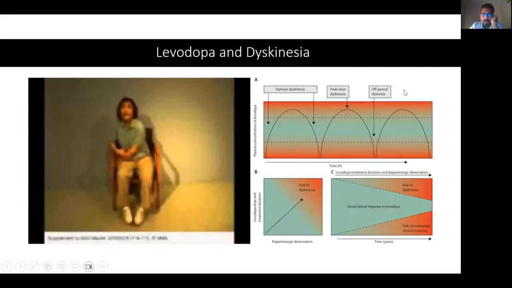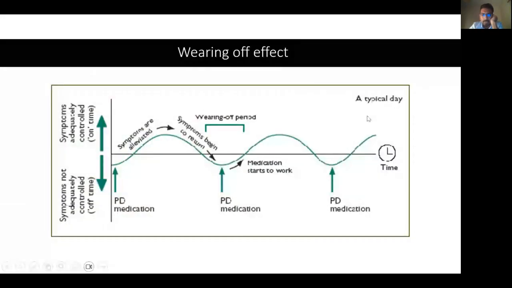When we talk about peak dose dyskinesia and end of dose dyskinesia, you will also hear the term wearing off effect. Wearing off effect means the efficacy of levodopa gets reduced or compromised eventually with time. Here again, this chart shows that this gentleman takes levodopa 3 times a day. This is a rough blood level here. Initially the patient will remain symptom free or have fewer symptoms when the blood concentration is here, but with time